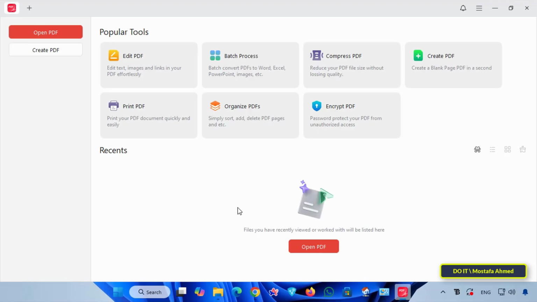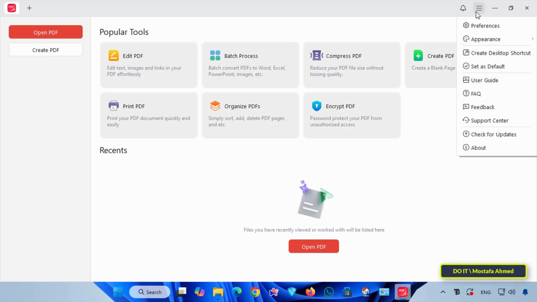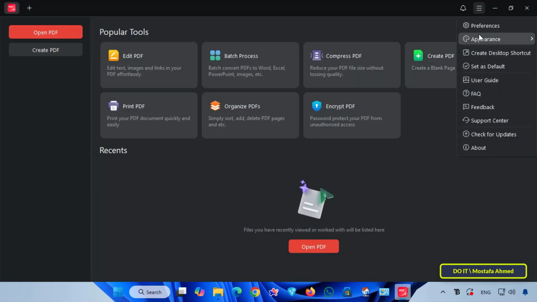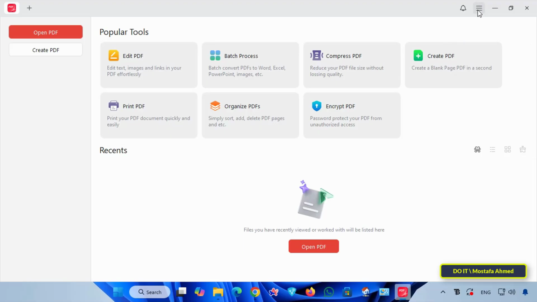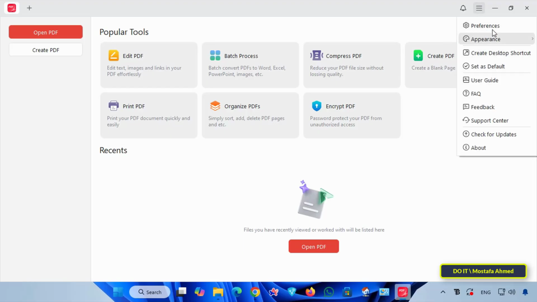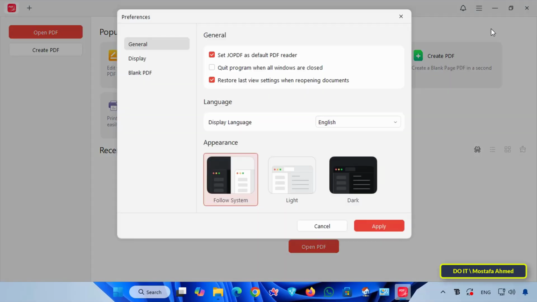To make it even more convenient for you, go to the top right corner and click on the menu icon, those 3 horizontal lines. From there, select Appearance, and you can choose the theme that suits your taste before we begin. Let's take a quick look at the Preferences menu. When you open this window, you'll find the General tab, which allows you to customize how the application works on